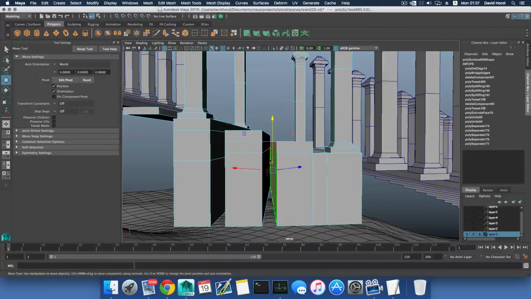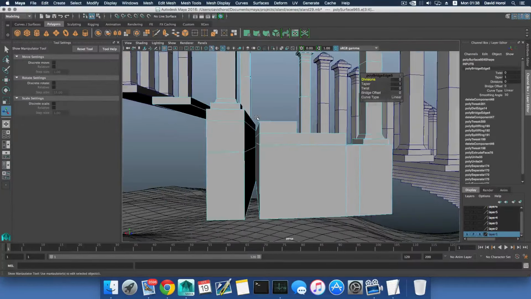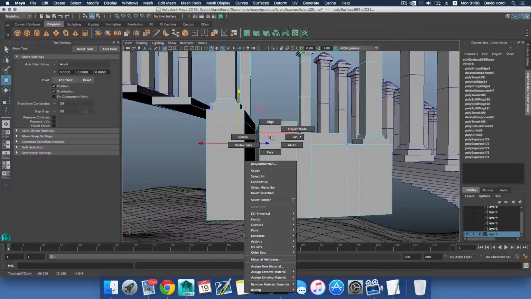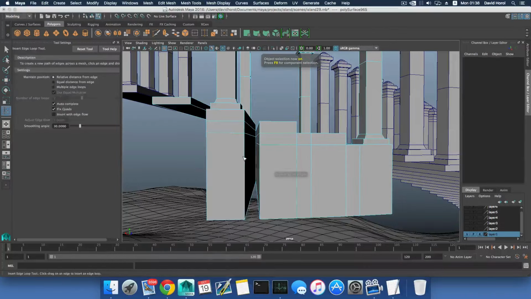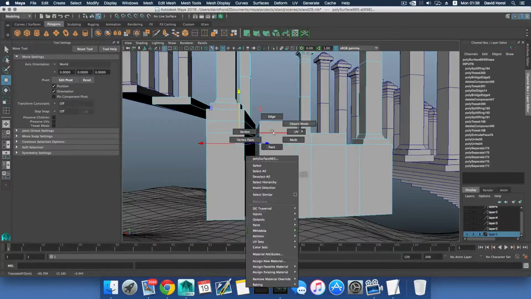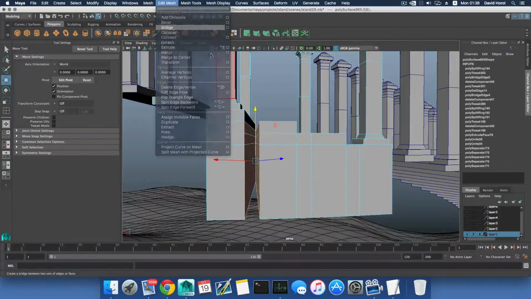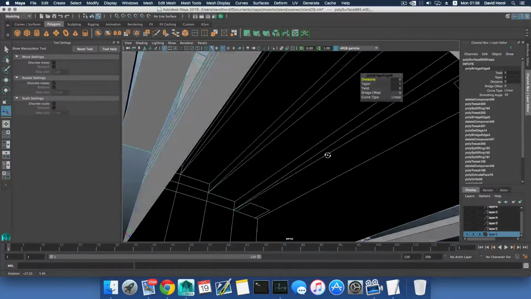Right click, choose face. Let's grab these two faces that way. Mesh, edit mesh, bridge. I need this one here. Well, here. And I need one more here. So you need to add edges. Okay. Let's select this one, that one, this one, that one, this one, that one. Edit mesh, bridge. Okay. You can see that you don't need to delete any faces here in this particular case,